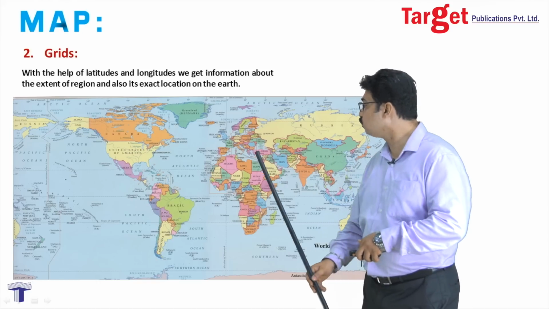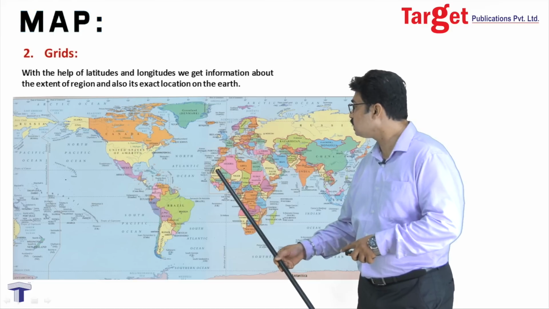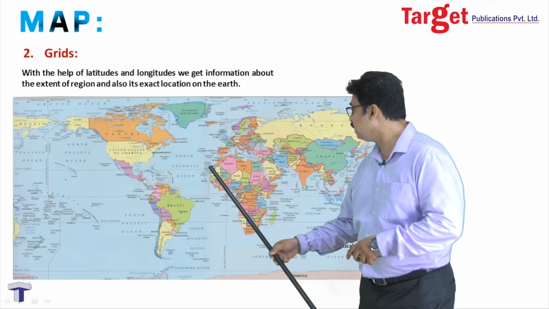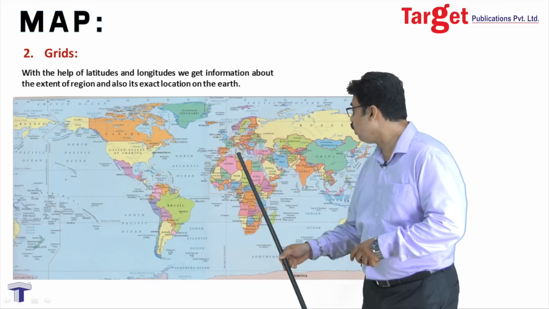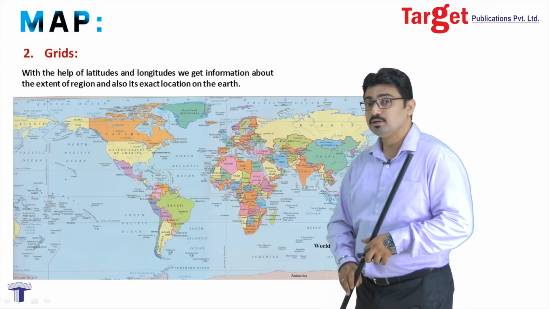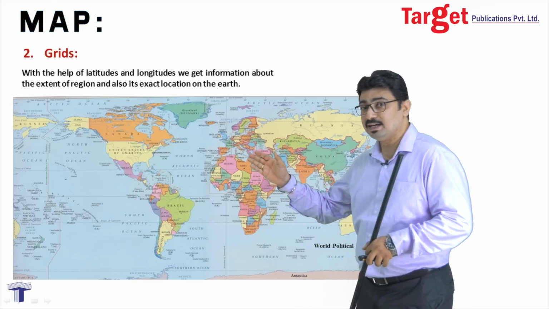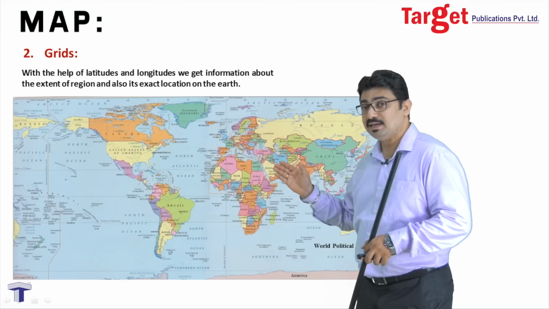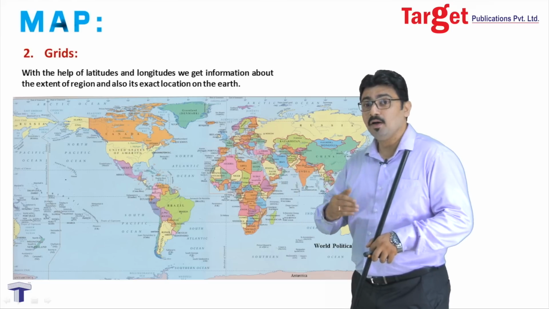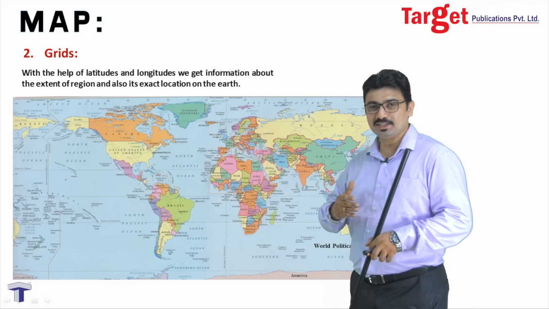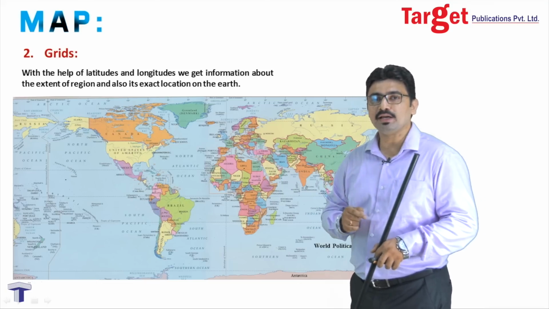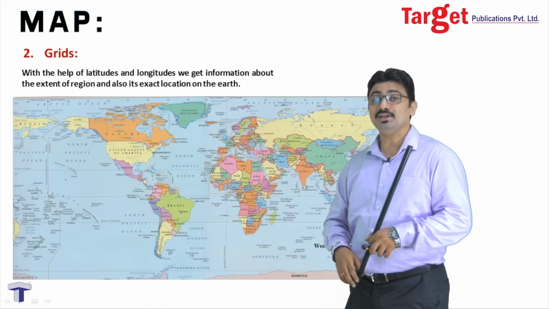Similarly, if we try to understand the longitudes part of it, what is the extent of longitudes? The extreme leftmost longitude touching the African continent is 17 degree 10 minutes west, and it goes up to 51 degree 10 minutes east. So, it goes from 17 degree 10 minutes west to 51 degree 10 minutes east. Again, we see that it crosses from western hemisphere to eastern hemisphere, which again indicates that the 0-degree prime meridian passes through the African continent.